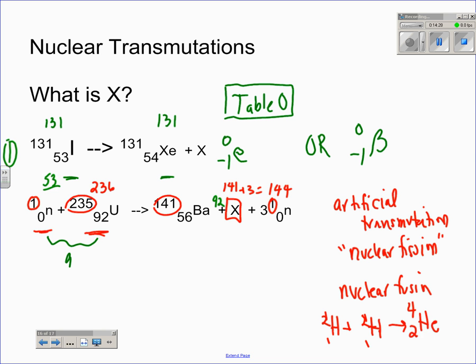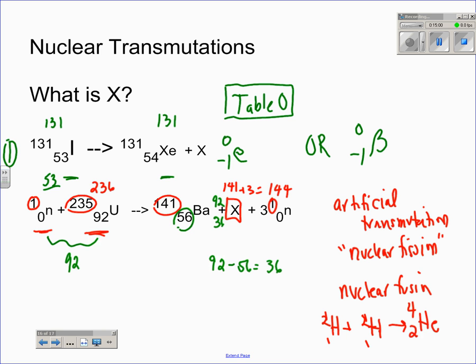So we have a charge altogether of 92 on the reactant side. On the product side, we have 56 protons in barium and a charge of 0 for the neutrons. 3 times 0 is 0. So we have 56 altogether, and we need to get 92 on the product side to match the reactant side. So 92 minus 56 is going to yield 36. So this particular element has to have